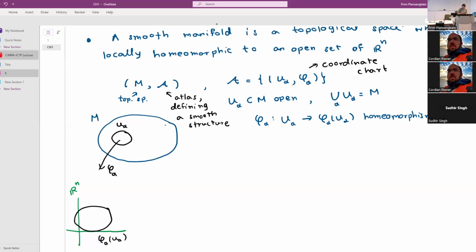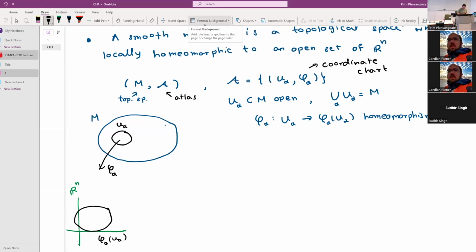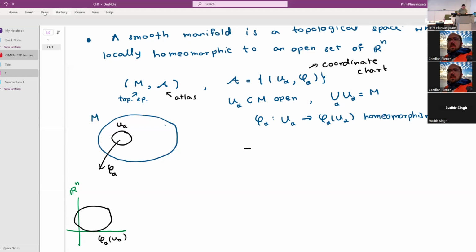I'm sorry, let me say it again. So you have an atlas, and then in fact, it's not defining a smooth structure yet. You need a condition. Let me just remove it for a bit. The condition is that if you have two coordinate charts, the pair is called a coordinate chart, and U is called a coordinate neighborhood. And if you have coordinate neighborhoods that overlap,